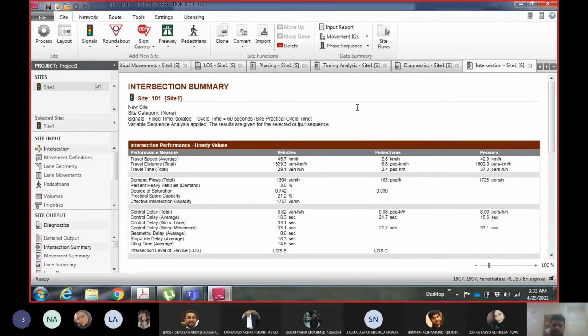If you want to make any changes, you can add another site over here. There was an option to clone. So for example, I want to have the same site but make some changes in it, and I want to keep it in the same file. So I will select the site from here and I will clone it.